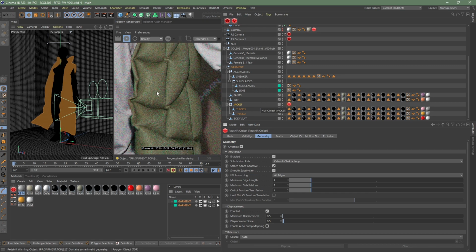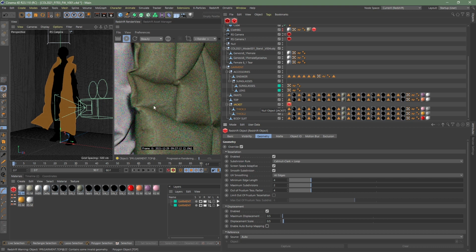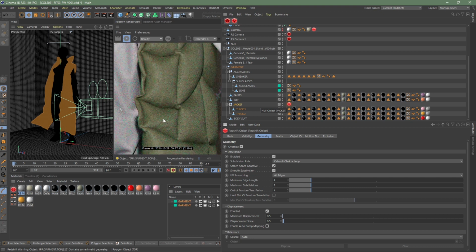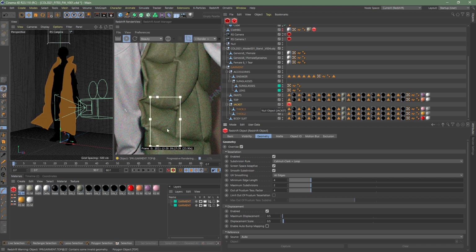So you can see it's added some interesting micro details, some micro wrinkles in this area. I think it's pretty apparent here. So let me just grab our window. So you can see all of these additional